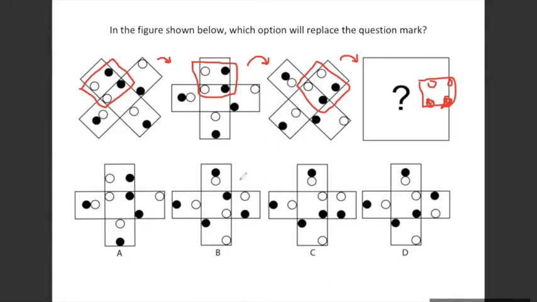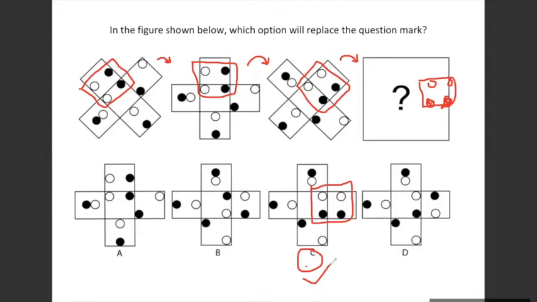So here in all A, B, C or D, C is the only one with bottom two circles as black and top two circles as white. Nowhere else is this happening. Here it is diagonal. D is diagonals. B also has diagonal and here just two circles are missing. So I will go straight away with the option C here.